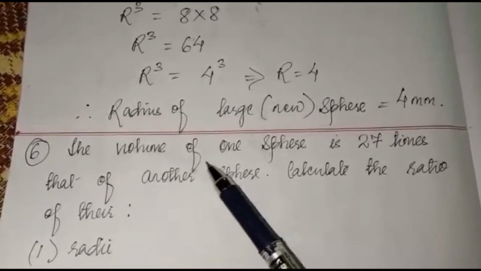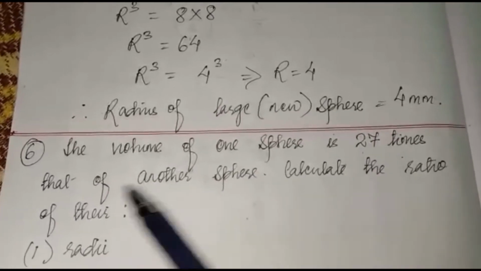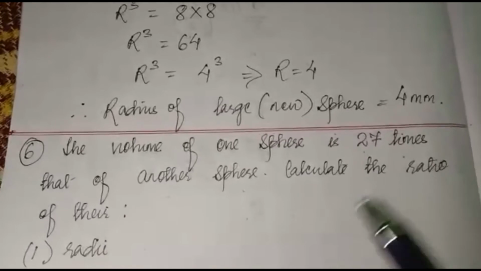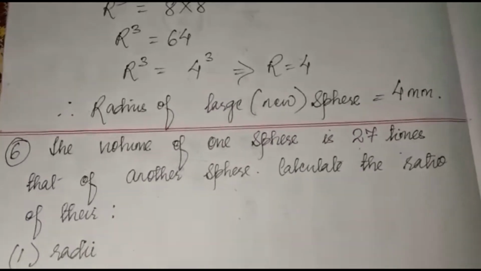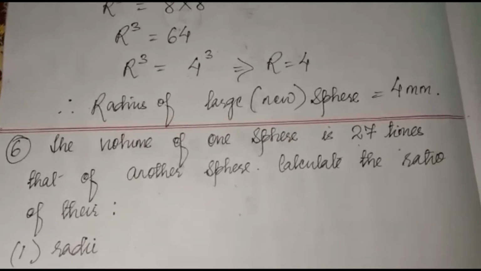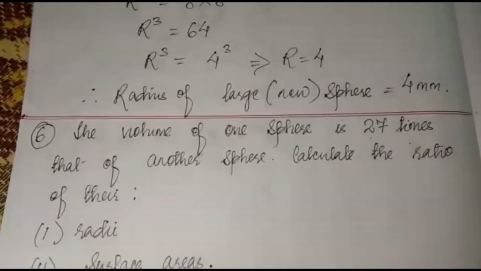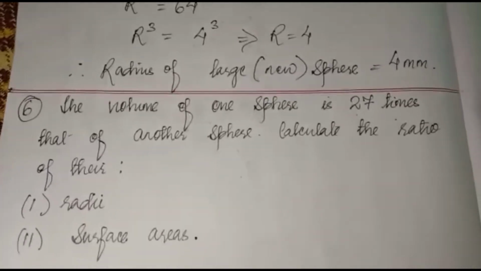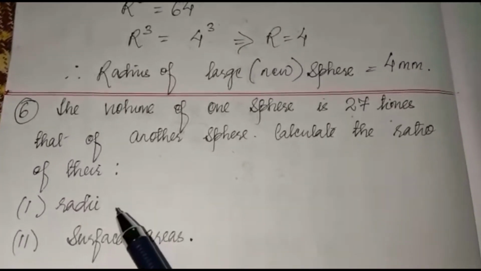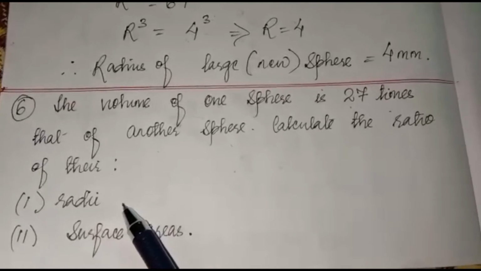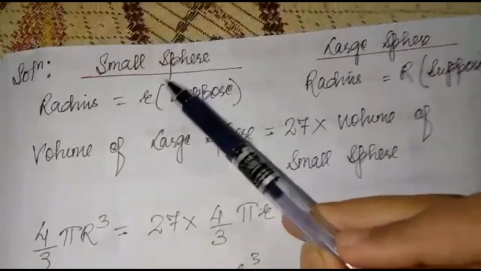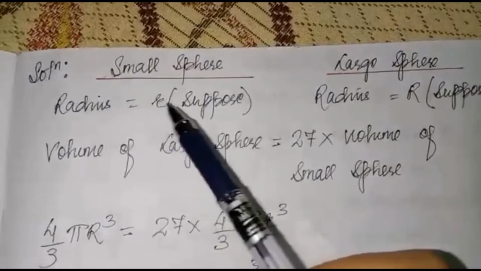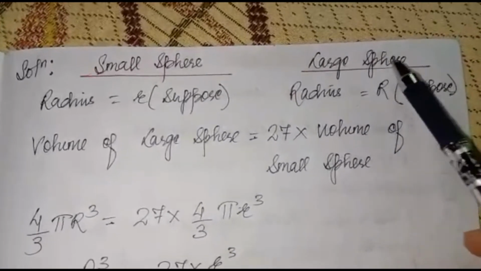Next, the volume of one sphere is 27 times that of another sphere. So here you have two spheres. The volume of one sphere is 27 times that of the other sphere. So one is a large sphere, another is a small sphere. So you have to find the ratio of their radii, then the ratio of their surface areas. Now here for the small sphere we will take radius small r,